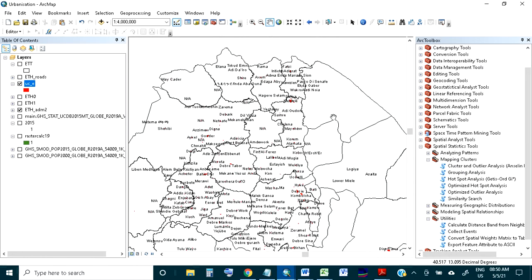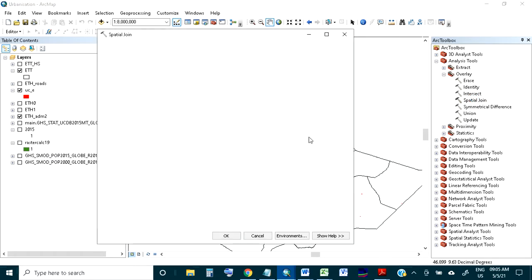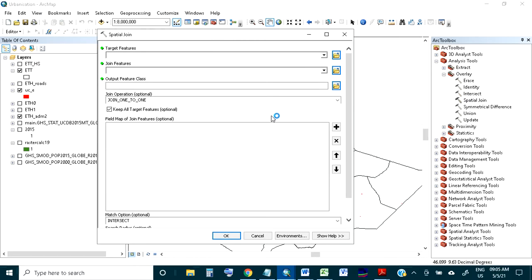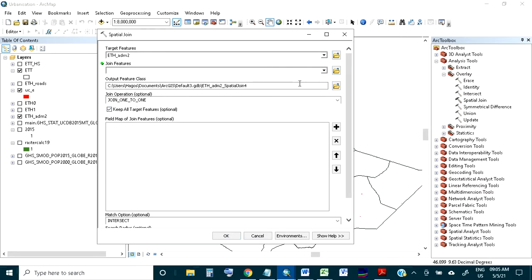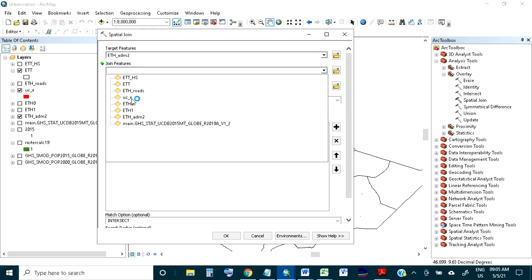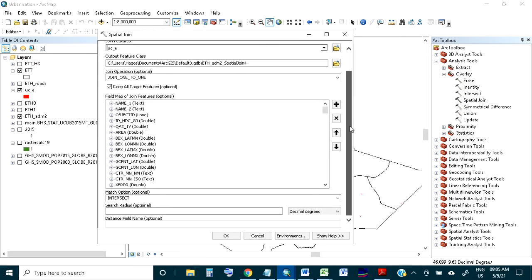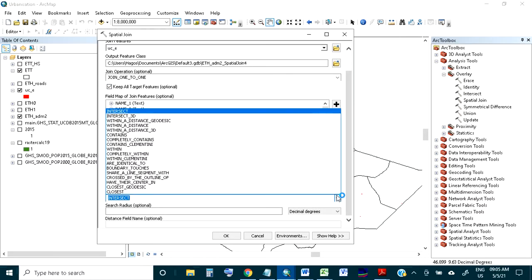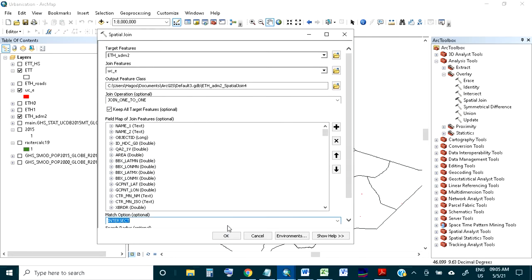So where will you find this? You can find it here. So here is the spatial join under overlay. Okay, thereafter the zone data is here, and the join feature is this urban centers, and there are many options, but I'm taking the intersect. Okay, and you can do it. Okay,